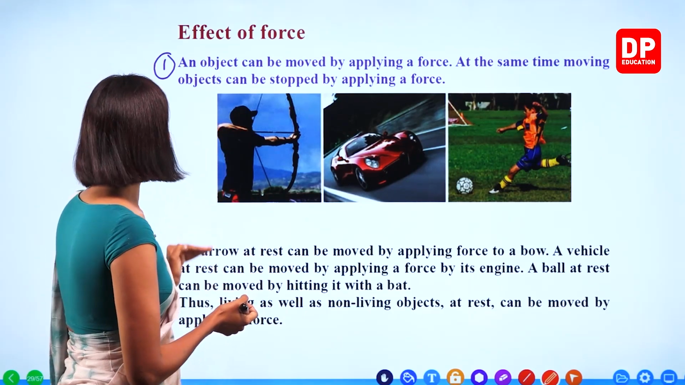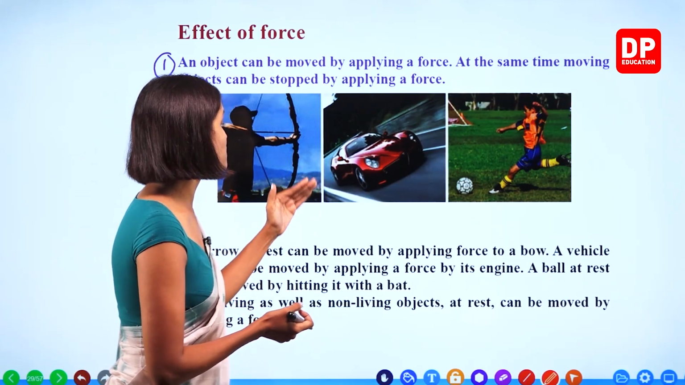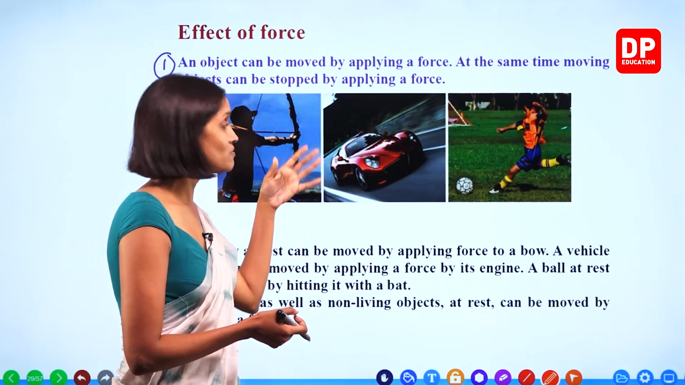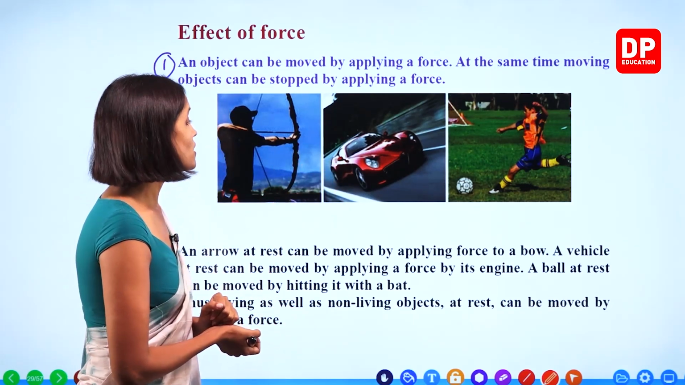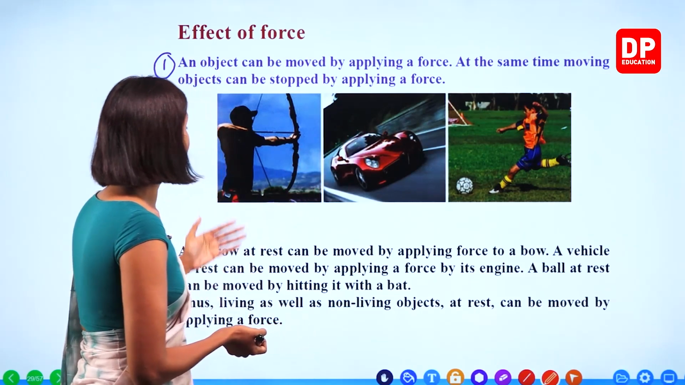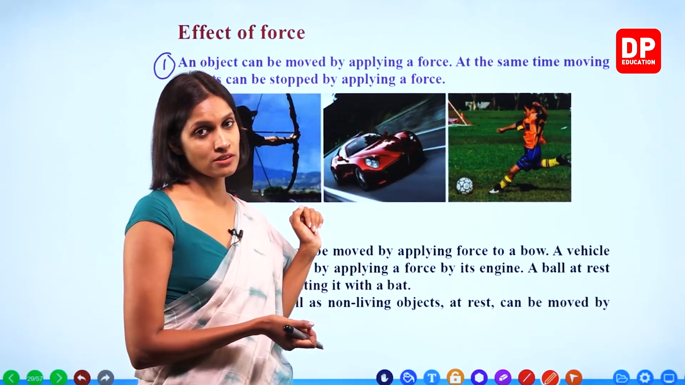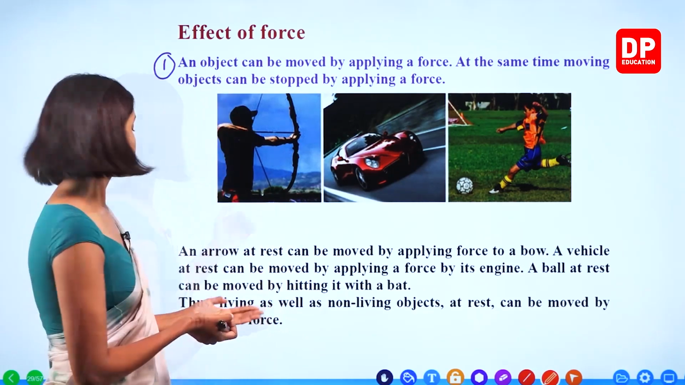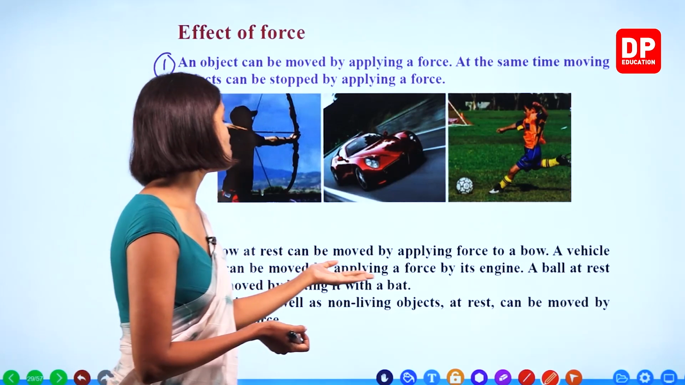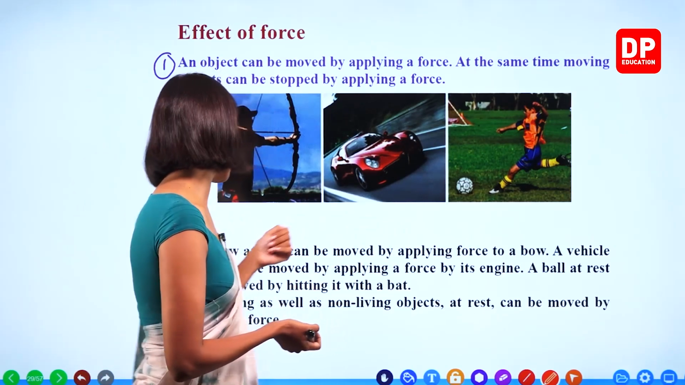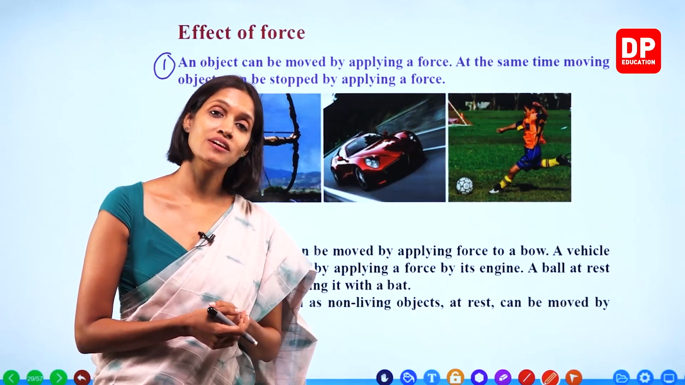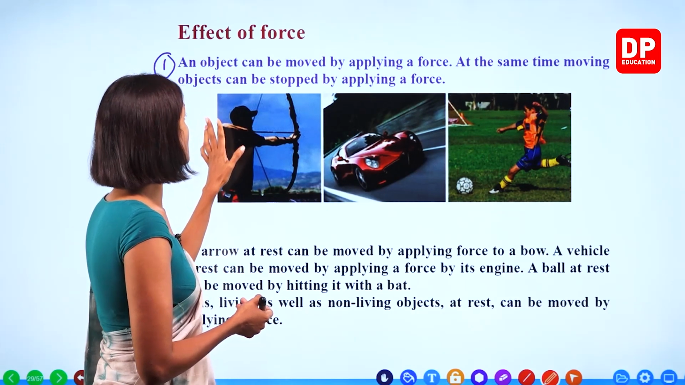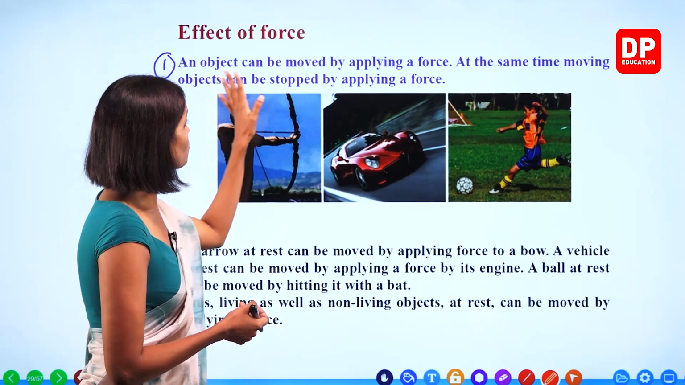A vehicle at rest can be moved by applying a force by its engine. When you start the engine, the vehicle will start to move. A ball at rest can be moved by hitting it with a bat, or kicking it. Children, this living as well as non-living object at rest can be moved by applying a force. So it's very clear, as the first effect of force, an object can be moved by applying a